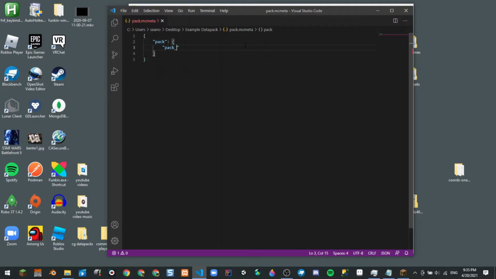And then we do pack underscore format, and put colon, and this part is pretty important, although it doesn't really stop your data pack from working. You want to have the correct numbers, because this is going to indicate if your data pack is usable in the version the user is having the data pack on. So you want to keep it as the data pack version that you're using. So anyway, for this one I'm going to be using 6. The reason why here is